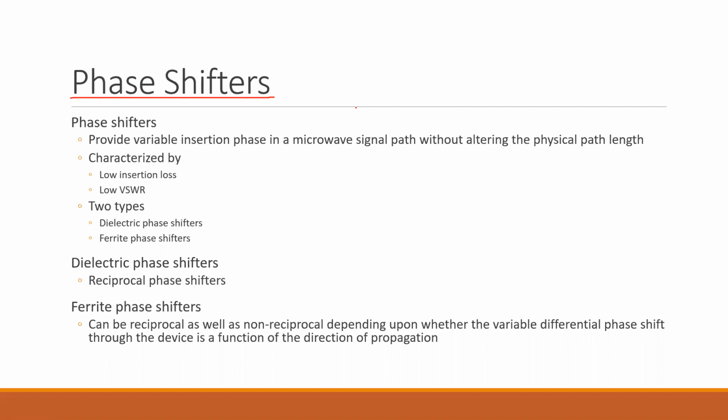So now in this case, again, depending on a few of the factors, you will be able to introduce the phase shifts in these parameters. So now here, what happens is these phase shifters basically provide variable insertion phase. So you can have different phase shifts using these devices, and depending on where it is placed, it will be providing these phase shifts. So next, how do you characterize these phase shifts?